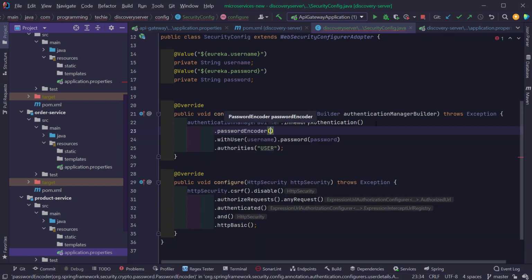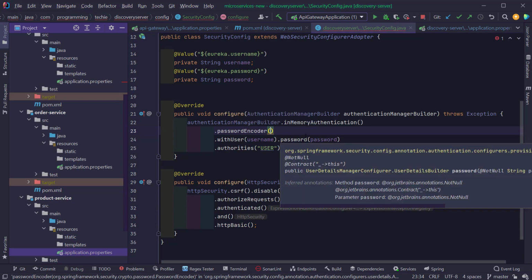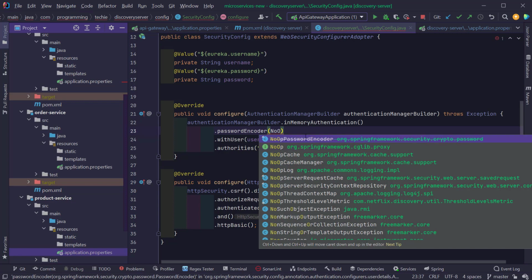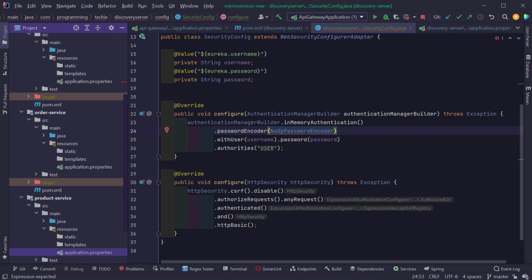For this use case, I'm going to go with the NoOpPasswordEncoder. This is deprecated, but just to make the demo easier, I'm going to make use of it. But in production, you must not use the NoOpPasswordEncoder. As this is for demo purposes, I'm using it, but I strongly suggest you use a password encoder like a bcrypt password encoder or some other strong password encoder in your production code. Please don't use this, because I'm not using bcrypt since it needs some more configuration in the project,